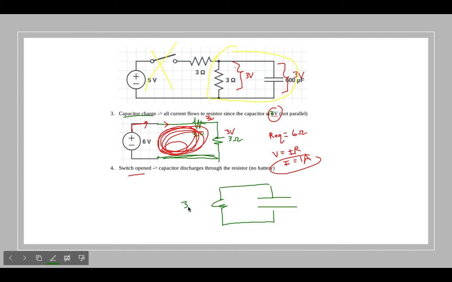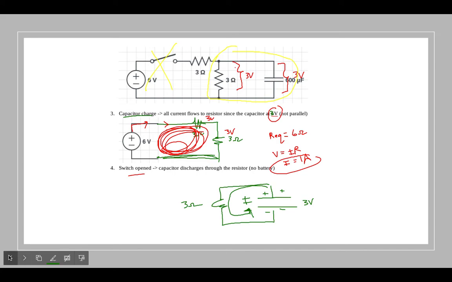So you have your 3 ohm resistor, you have your 3-volt capacitor, and it has positive charges here and negative charges there. Guess what's going to happen? Current's going to start flowing that way. So once the capacitor is charged, you should figure out that the current is going to go around this way. So it's sort of like you charge it clockwise,